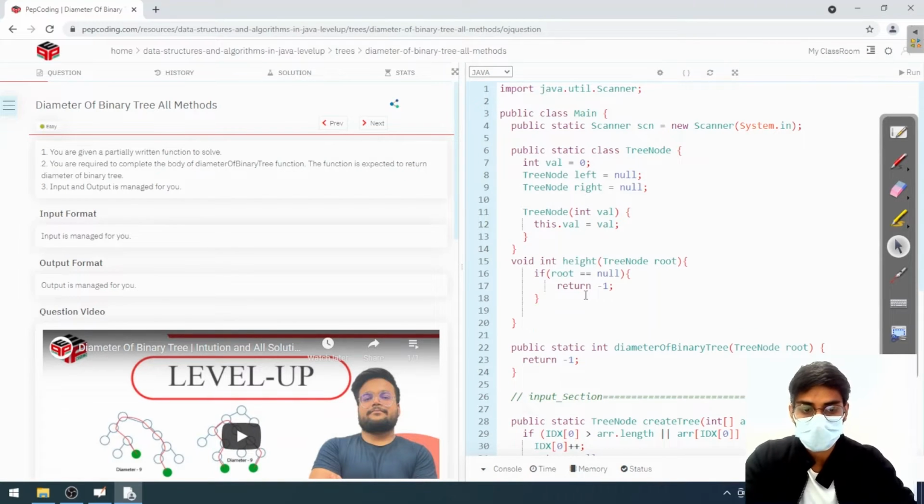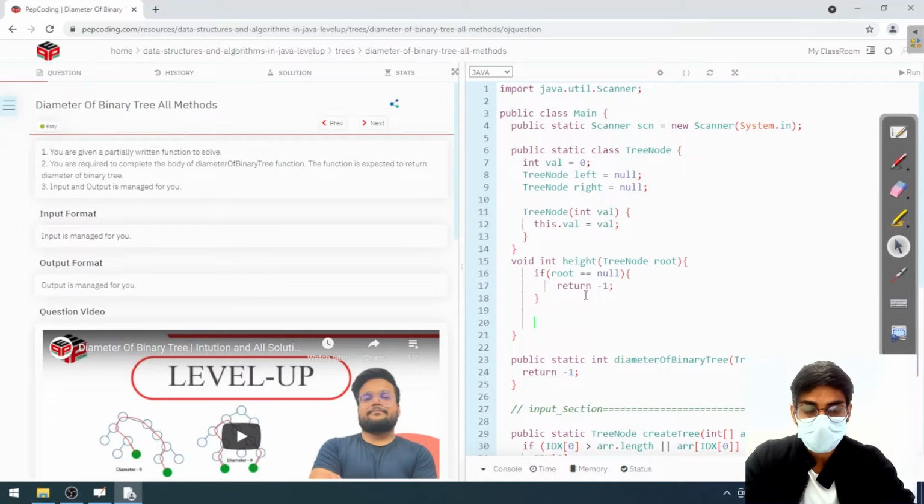First I'm going to use the left call, that is int left height. I have to take the maximum: return Math.max of left height. What is the left height? height of root.left,